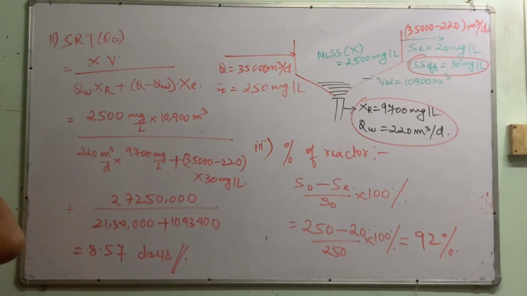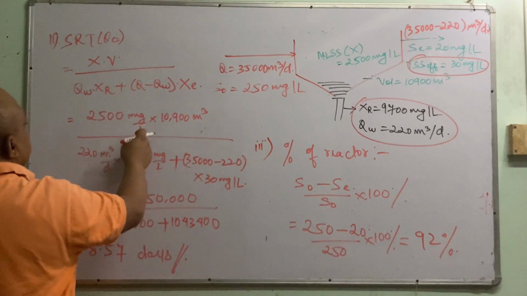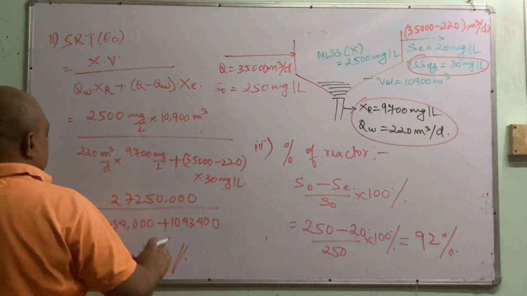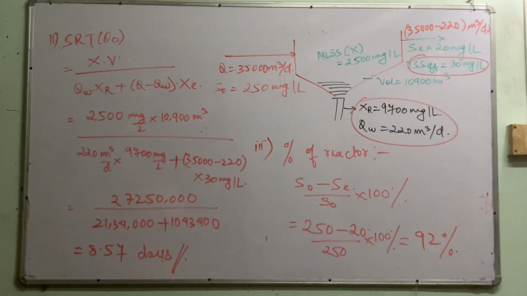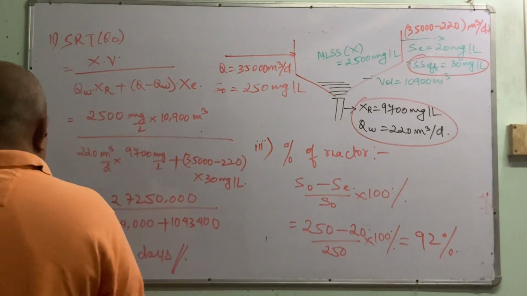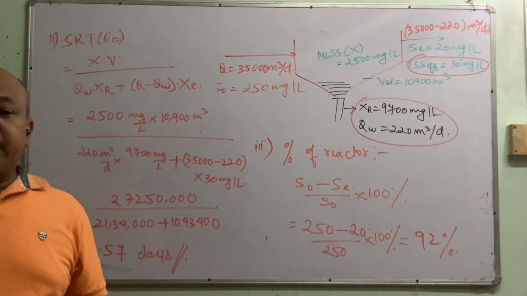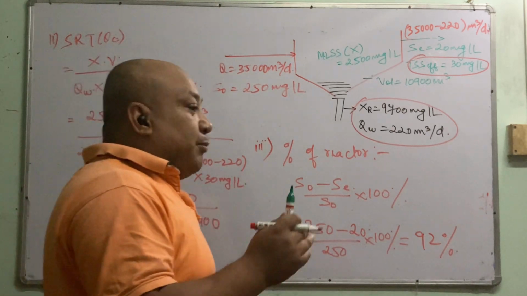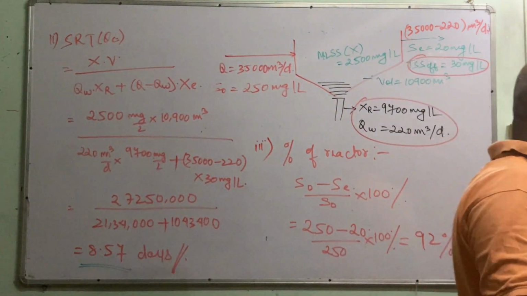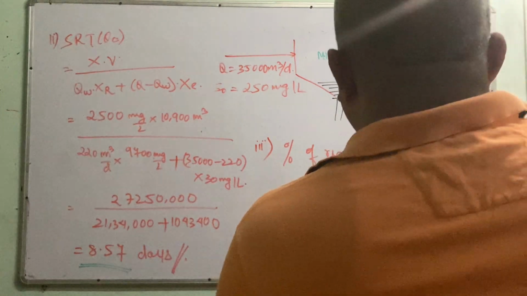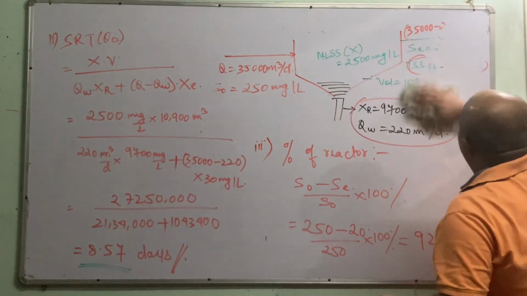Now let me check the units. Milligram per liter will be cancelled. Meter cube will be cancelled. So 8.57 days is coming. Okay, so this is the final answer. That means the sludge should be there in the reactor for around 8.57 days. So that is all about the activated sludge process. Okay, last part. Is it okay? The last part is